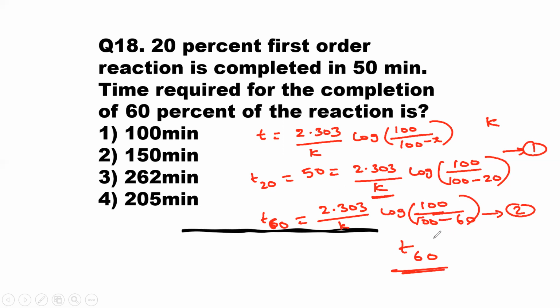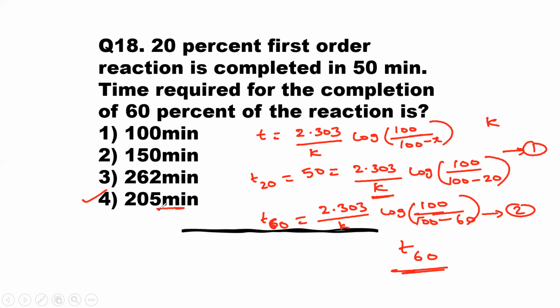So I hope it is clear. This is the way you have to find it. So the answer is 205 minutes. You will get 205 after calculating this. If you want to go for a shortcut method for this, we have to take at least 50% or 75%, if you know, we can do it. But we cannot apply the shortcut method for this because they have given the values differently. So 50, 20 and 60.